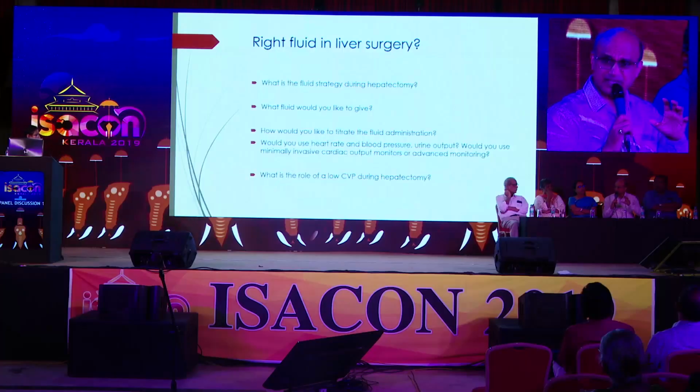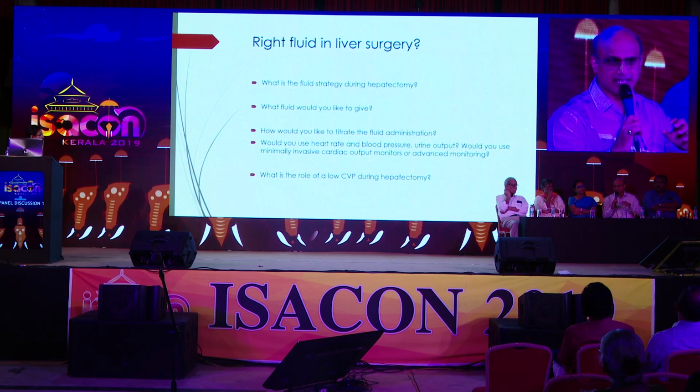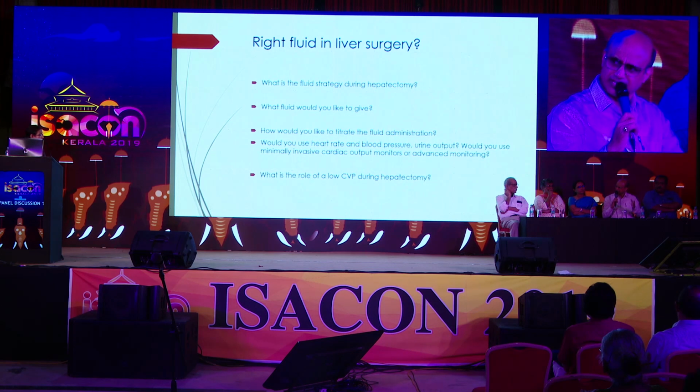The issue with Ringer's lactate is, if the liver is diseased, like in cirrhosis, it can produce more lactic acidosis. So preferably Ringer's lactate or an acetate-based solution should be the fluid of choice. Let's say his liver functions are normal, and you got his baseline blood gas, which shows a lactate of only 1.1. You start with Ringer's lactate at that point. It's an open surgery, you put an epidural, heart rate is 68, BP is 110, and the CVP is showing 8. During the epidural and induction, you've used 500 ml of Ringer's lactate.